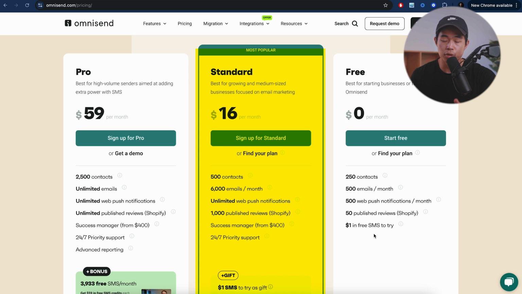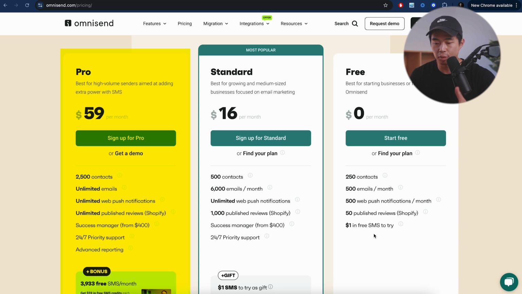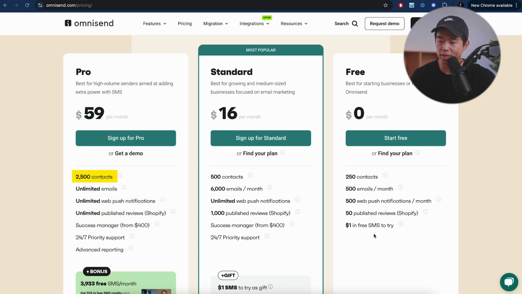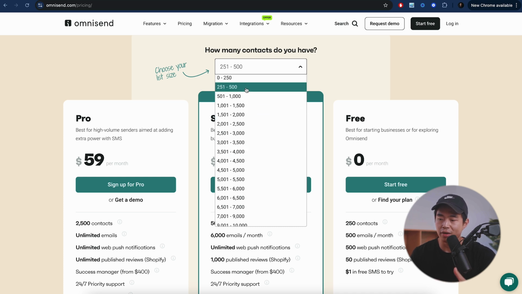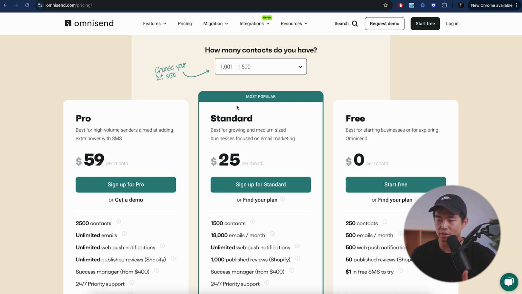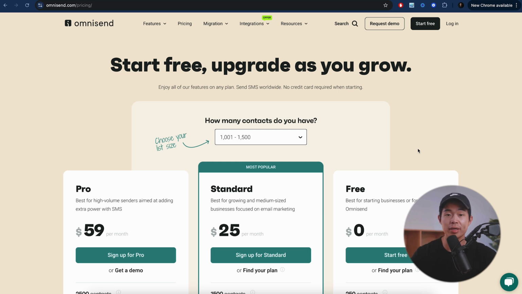Then they have the standard and pro plans. So the pricing for these paid plans is going to depend on how many contacts you have. So for example, if you have, let's say, 500 contacts, it's going to be $16 per month. That gets you 6,000 emails per month, or $59 for the pro plan, which gets you up to 2,500 contacts. But essentially what you're going to do is first choose your list size. So for example, if you already have an email list with, let's say, 1,200 subscribers, we'll select this one and you can see the pricing is $25 for the standard plan, and then the same $59 per month for the pro plan. Again, if you're just starting out, just start with the free plan for now and then work your way up to one of those paid plans. That really is the beauty